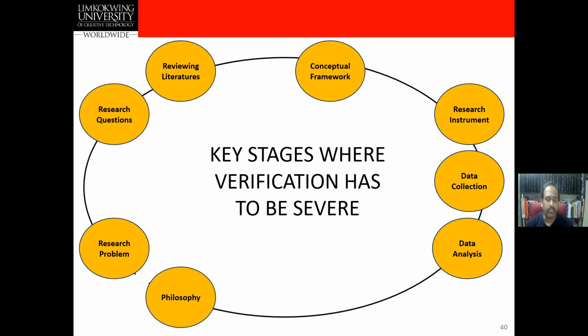But if you are doing qualitative research, there is no need to have a hypothesis because you observe, and you don't have any doubts. You can ask all these questions directly in an interview and get it sorted out. These are the important key stages, so please make sure you focus on these important steps in the research.